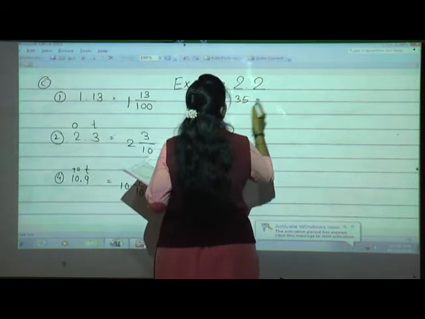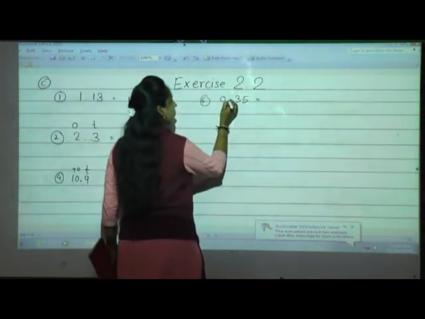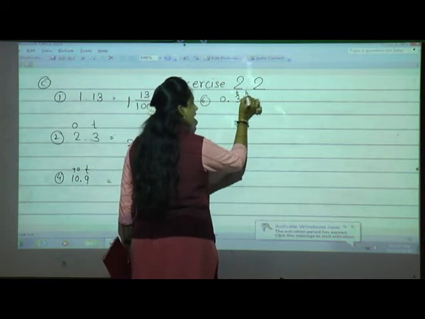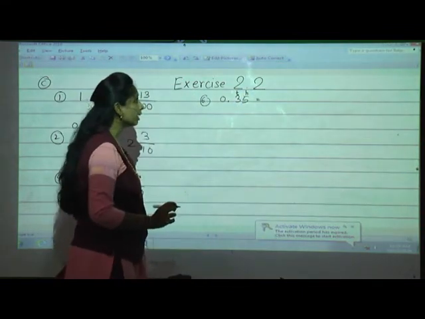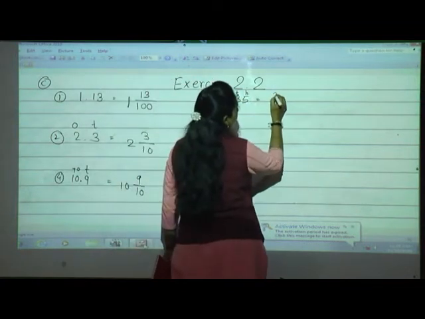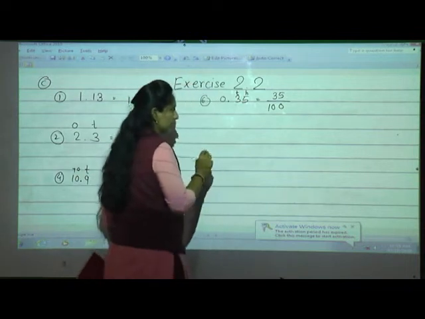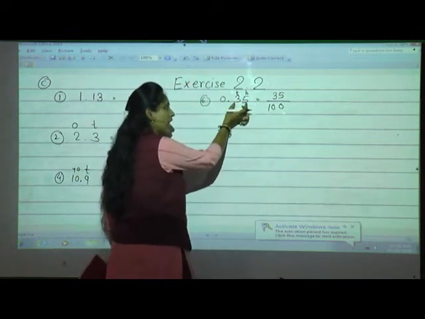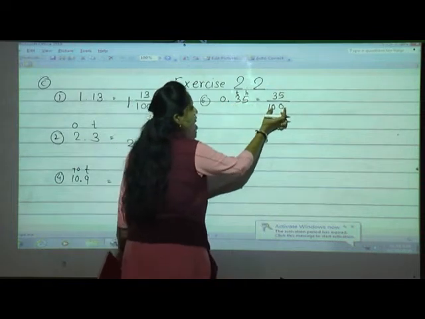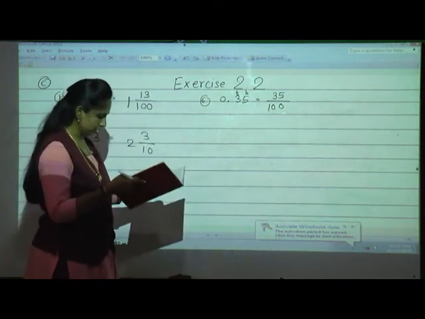0.35. Now see, after the decimal point, just give the place value, tenths, hundredths. So how can you read this? 35 hundredths. So write 35 hundredths. In this way also, just see otherwise, how many digits after the decimal point are there? 2 digits. So place 2 zeros along with 1. Okay? Now next,